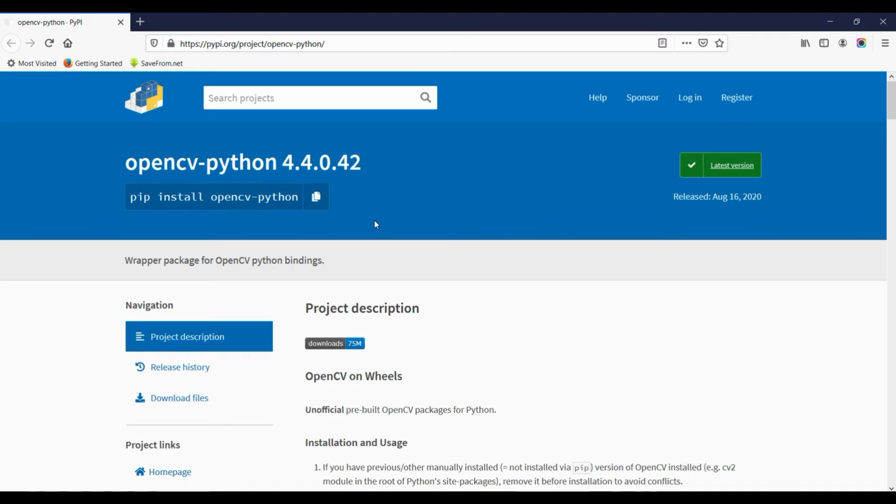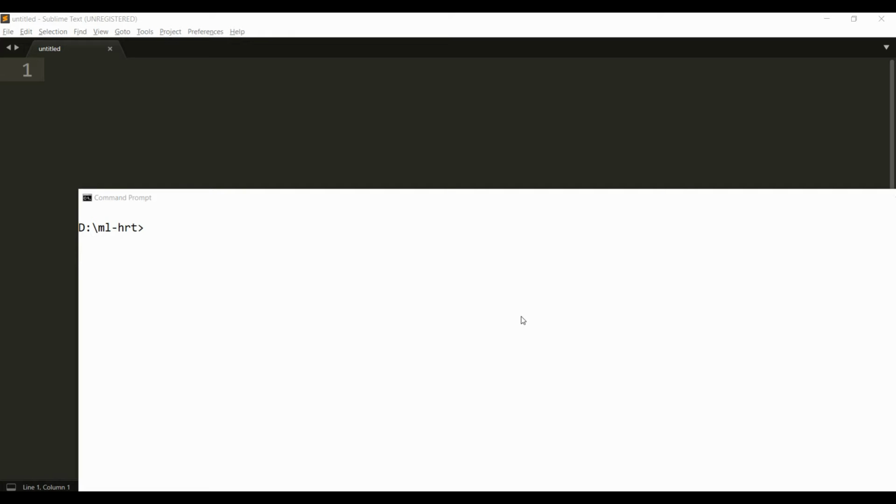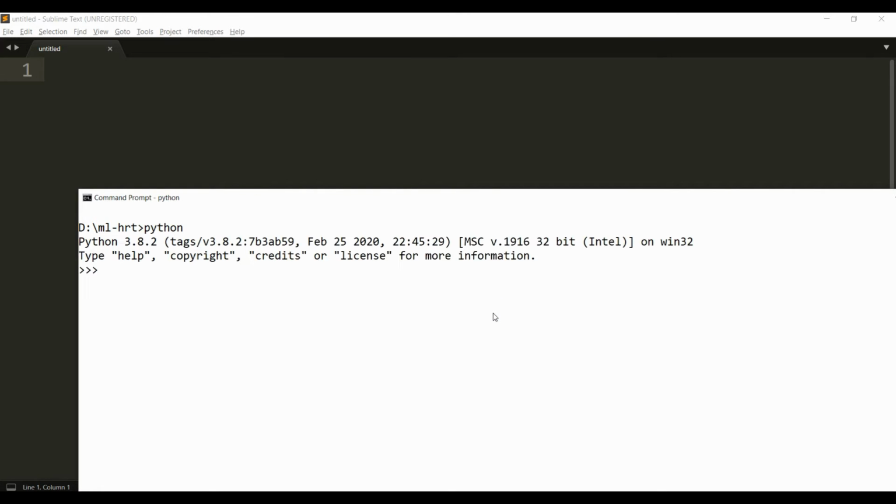This should install the OpenCV library in your computer system. To check whether the Python OpenCV library is installed in your system or not, go to the Python prompt and type over there import cv2. If it does not give any error, it means it has been installed successfully.